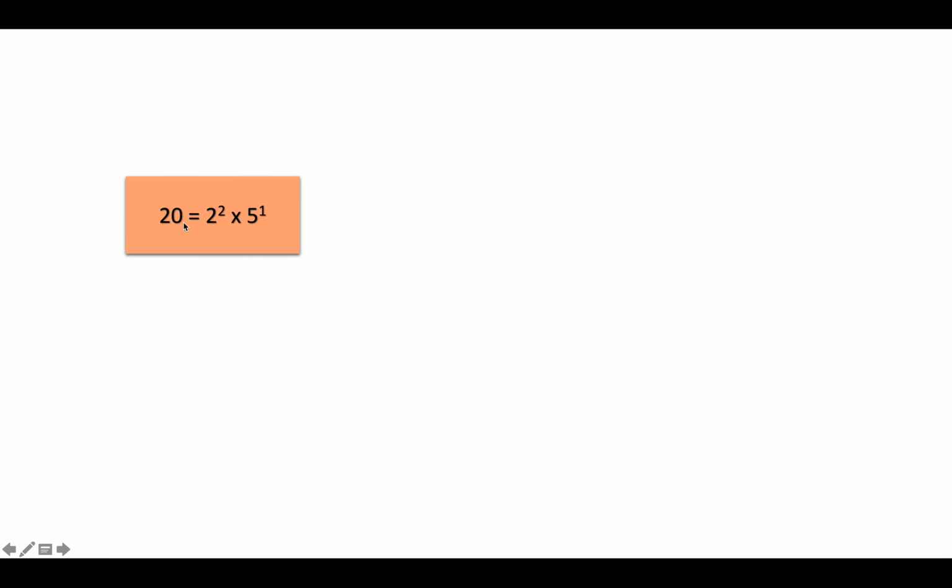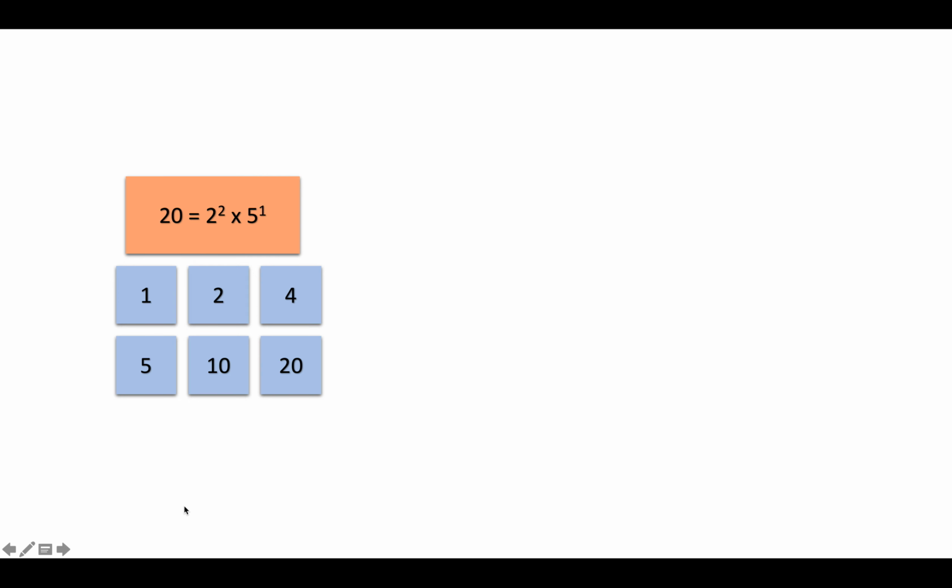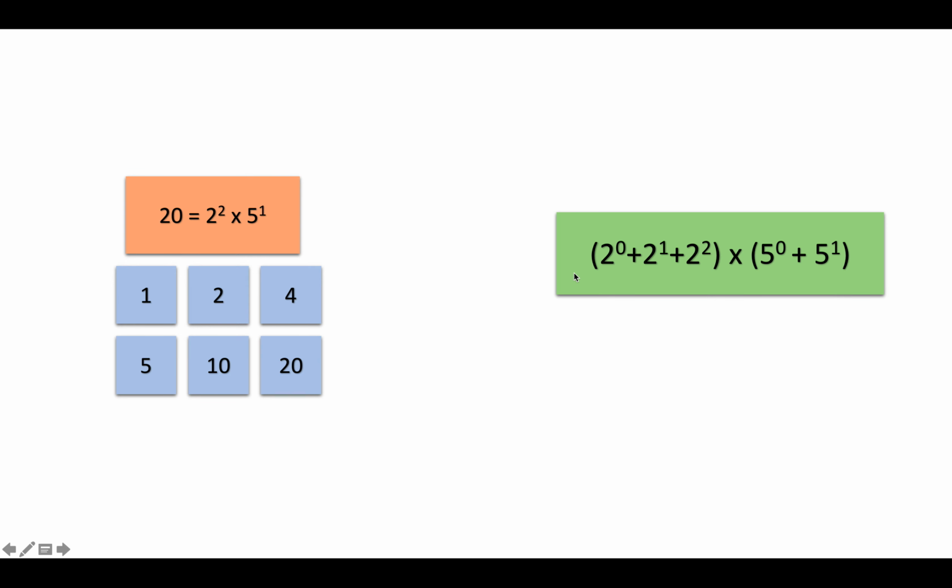Now let's look at 20 as we did earlier. So 20, again we know all the 6 factors, so we can easily calculate the sum. What is the sum of this one? 1 plus 2, 3 plus 4, 7, 12, 22 and 42. So 42 is the sum of all factors here manually. Now let's try to calculate by the same pattern. What are the options for exponent of 2 here? 0, 1 and 2. And what are the options for exponent of 5 here? 0 and 1. So what do we get? Similarly, 2 raised to power 0 plus 2 raised to power 1, 2 raised to power 2 multiplied by this. On calculating, we again get 42, which is the same as what we calculated manually, right?